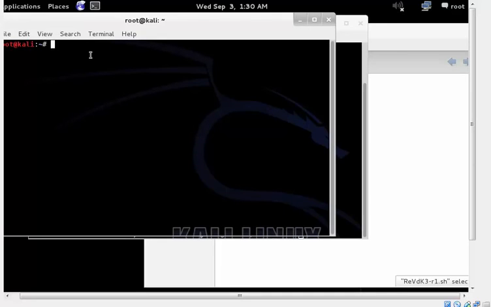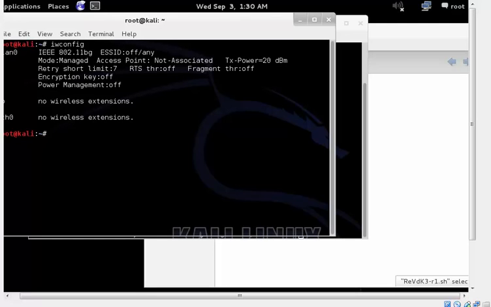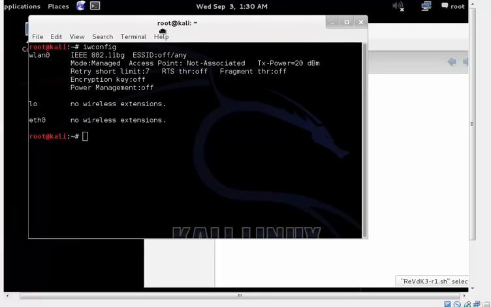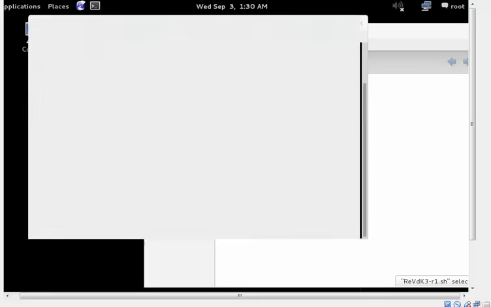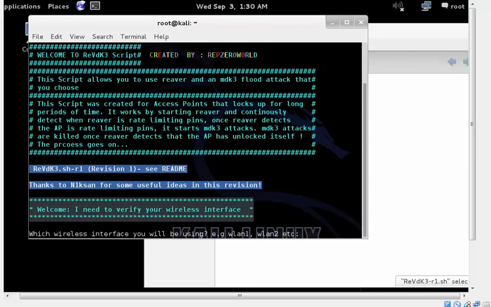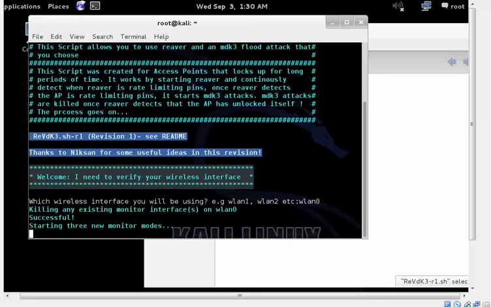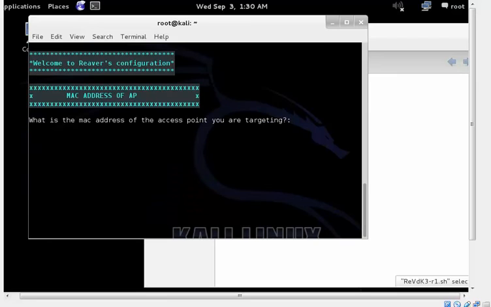So I'm going to type in iwconfig real quick, and make sure that wlan0 is there, and it is right there. So it's wlan0 that I'm going to be using. So I'm going to type in wlan0. Helps if I spell it correctly too. Press enter. It's going to put your card into monitor mode, and then we need to get the MAC address